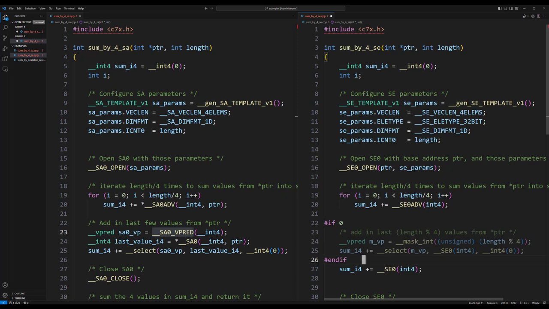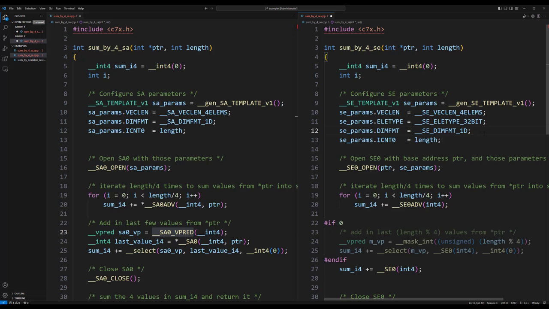That's why it's okay to just add that to sum I4. There are ways to configure an SE so that those values are filled with something different from 0, but I don't talk about that in this video. I just want to point out that they exist.